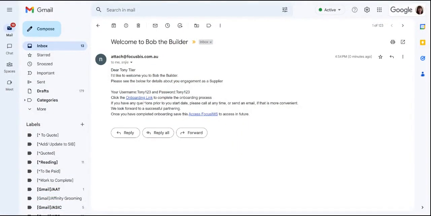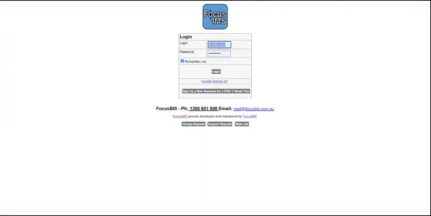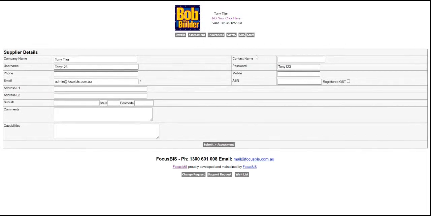I've got an email that says, "Dear Tony Tyler, welcome to Bob the Builder. Please see below your details about your engagement as a supplier. There's a username and password," and they can click the onboarding link. So we've got Tony 123, Tony 123. Then basically they can work through this process, update their details,